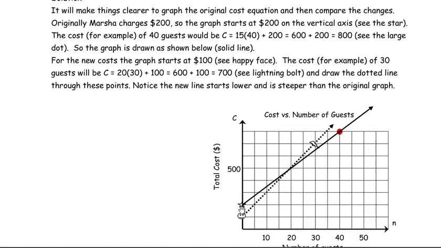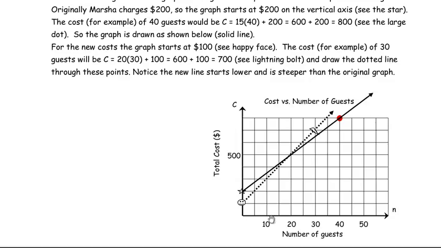Considering the size of the scales here, it's not really convenient to go over one and up $15, another person up $15. Notice the scale. We wouldn't put a scale of 1 on this axis. I wouldn't go 1, 2, 3, 4, 5, 6, because a lot of things that companies cater aren't for 6 or 7 or 8 people, there's 50 people or 100 people, so you need a reasonable size scale. And the same up here, I wouldn't go $1, $2, $3, $4, I would probably go by 50s or hundreds. I went by hundreds here, so this is 100, 200, 300, 400, 500, 600, 700,